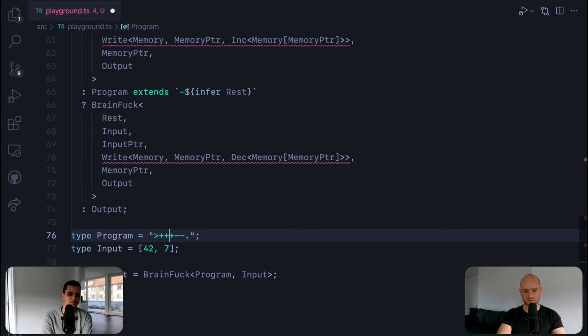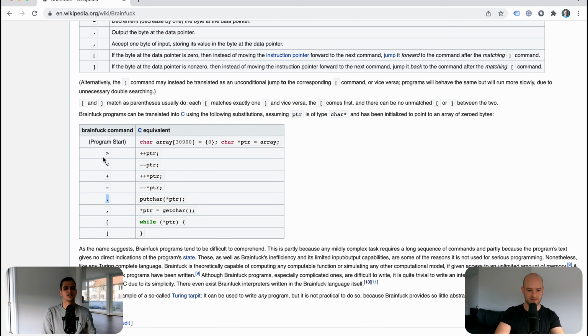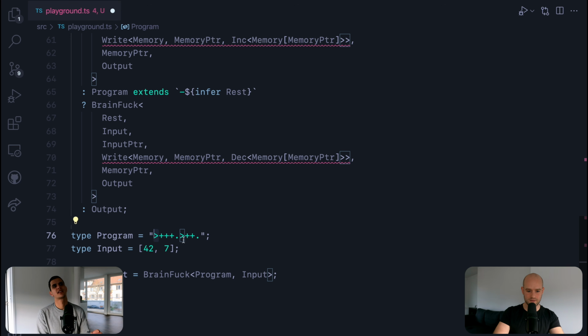So if I do plus plus dot, move to the next one, do plus plus. So what is the output of this program? Okay, so remind me again, the bigger than sign moves by 1 in memory, the pointer in memory address. So you have it here. Okay, so going back to the code, the first character will move into index 1 of the memory, increase that by 3, print it, then goes to the next slot, increase it twice, so it becomes 2, and print it. So the output should be 32?